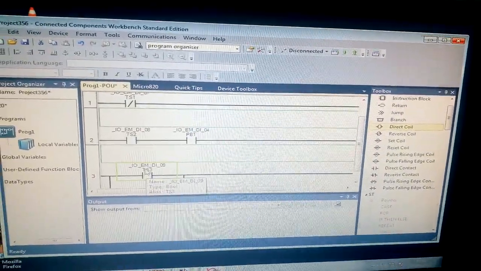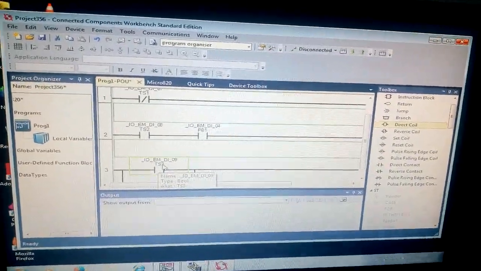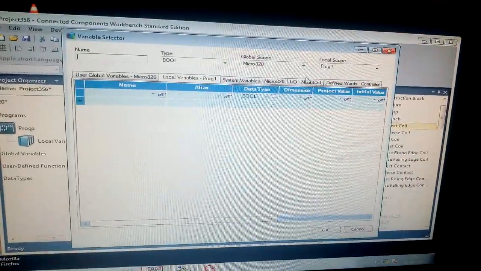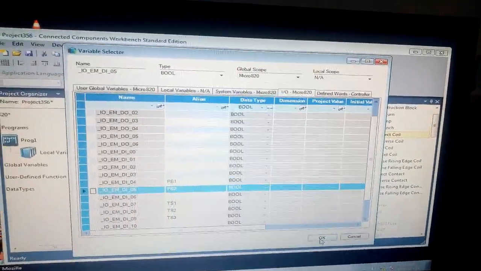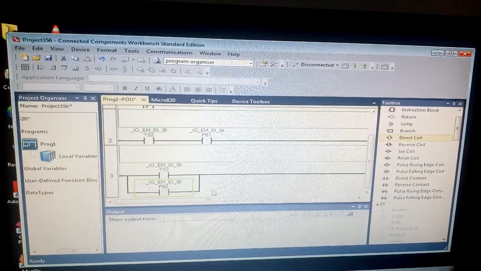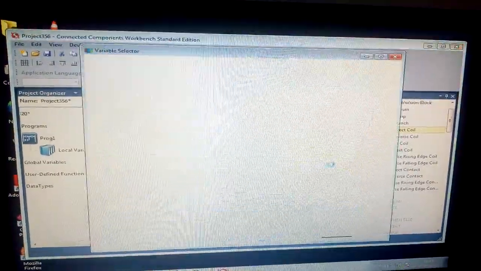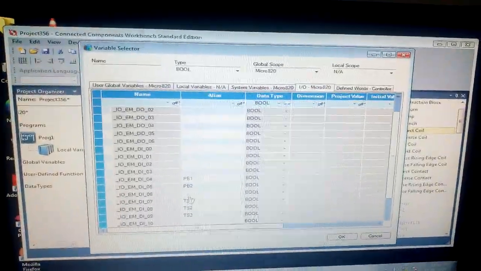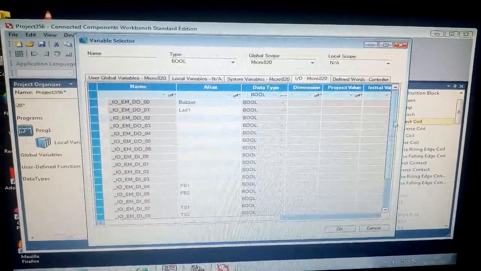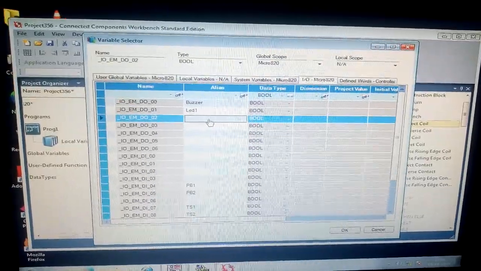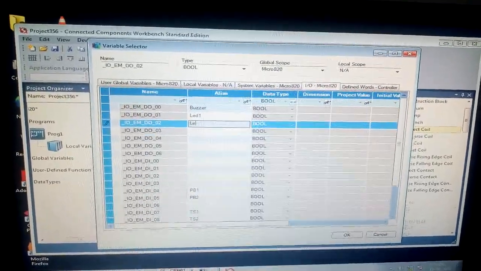Toggle switch 3 is assigned for this, and one more I am assigning push button 2, that means 0 5. For output I am going to assign LED 2. So the address for that is DO2, LED 2.